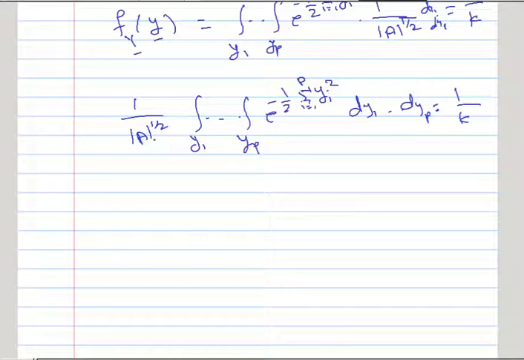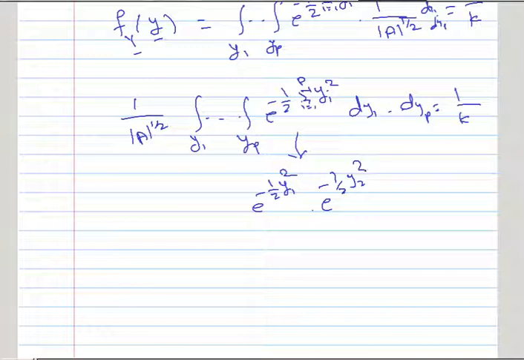Now this determinant of A raised to 1/2 is a constant, so it remains only to integrate this particular quantity. Because of this summation of y square, this quantity is e raised to minus 1/2 y1 square into e raised to minus 1/2 y2 square into e raised to minus 1/2 yp square. Since the bases are the same, the exponents add, and it will be minus 1/2 summation y square. So we can separate out each term.